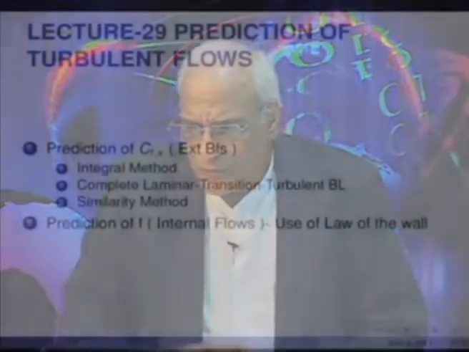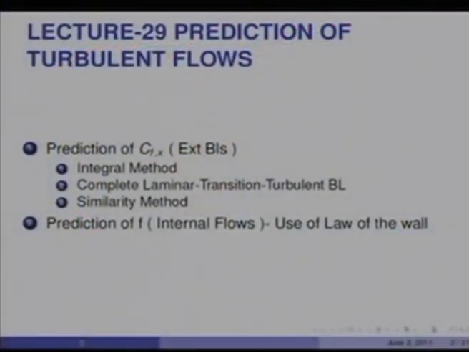first to predict the friction factor or the coefficient of friction, as you say, in external boundary layers using the integral method in purely turbulent boundary layers. But then our interest would turn to using the integral method for complete boundary layer development, that is starting from laminar through transition to turbulent boundary layers. We shall also see how complete laminar to turbulent boundary layers, through transition, can also be predicted by similarity